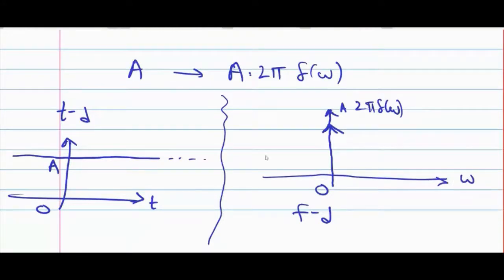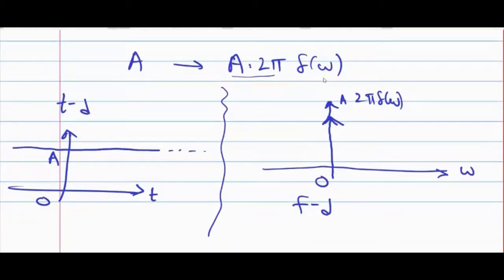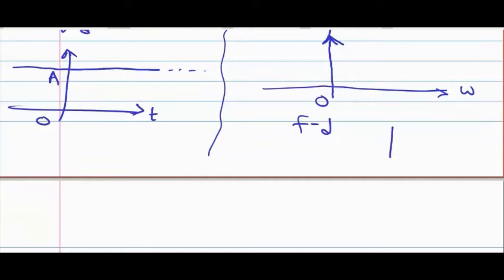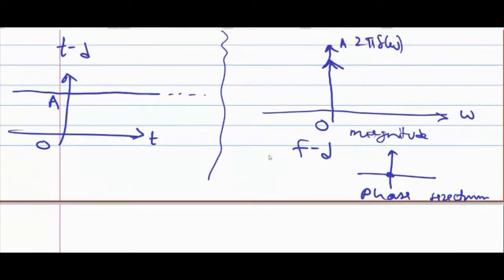Now again there is no imaginary term. This is a real term. Delta omega is also a real signal. So the phase spectrum will be 0. So this is the phase spectrum of delta omega. This is the magnitude spectrum and this is the phase spectrum. Impulse is an even signal. There is one small rectangular strip here and that rectangular strip is symmetrical with respect to the first quadrant and second quadrant. So it is an even signal.